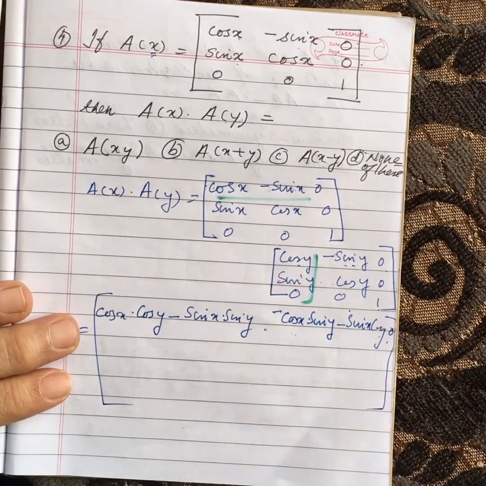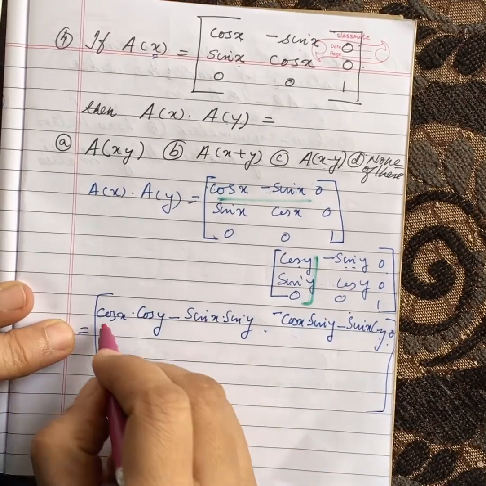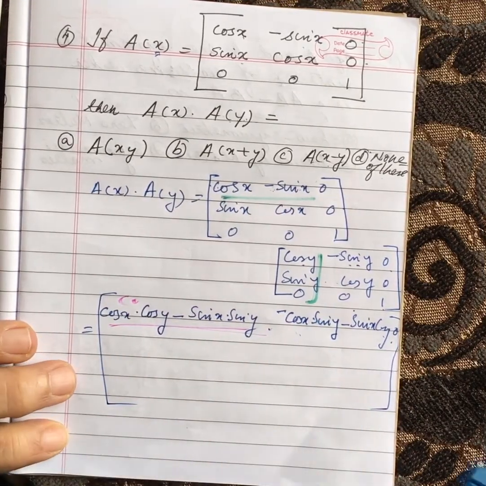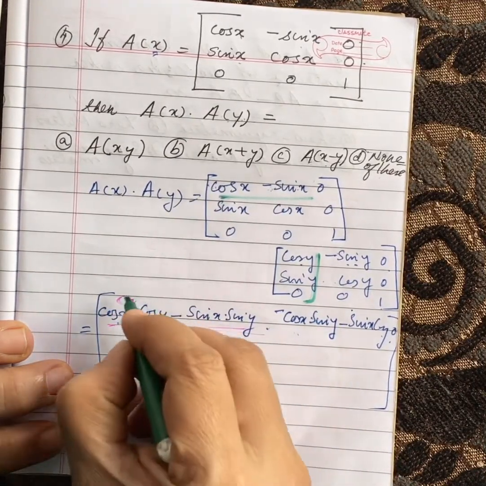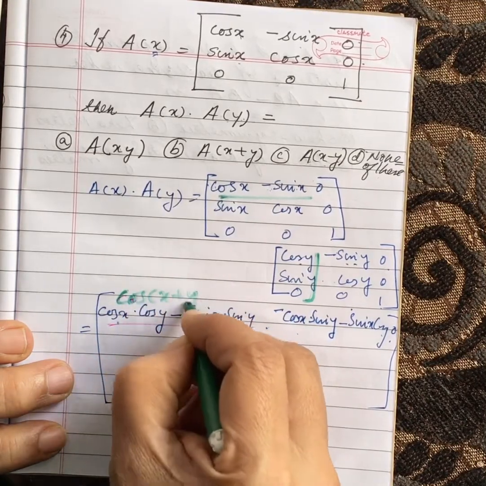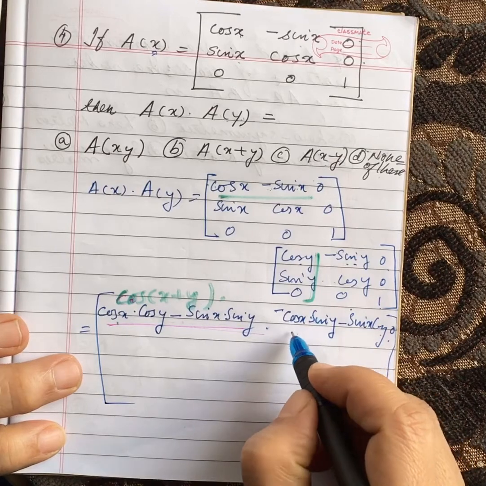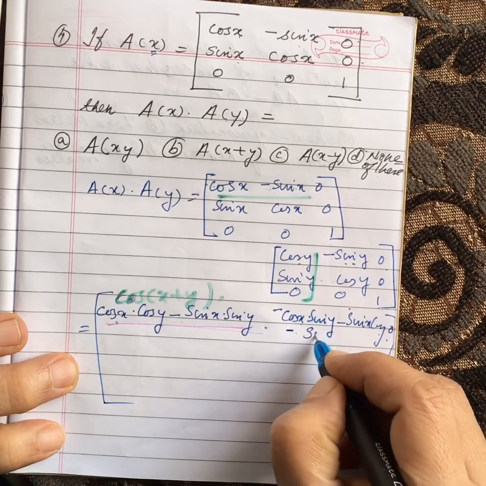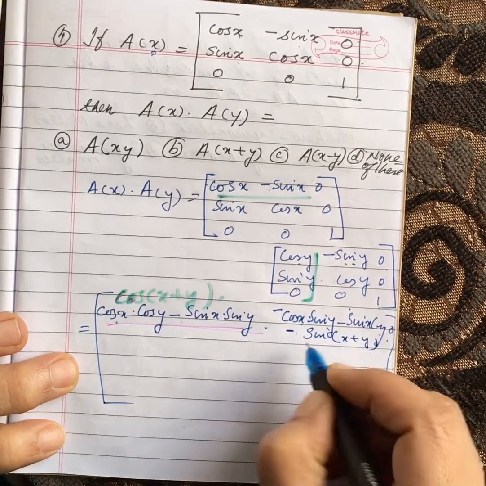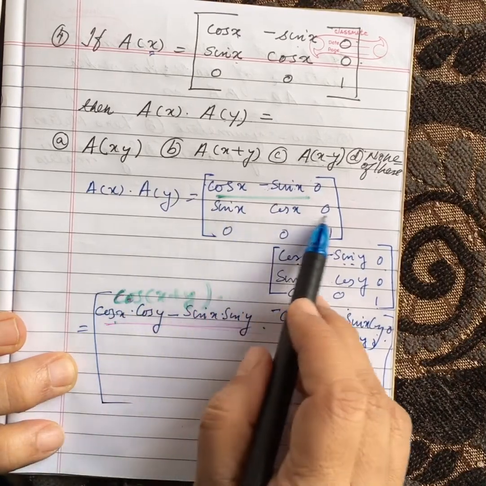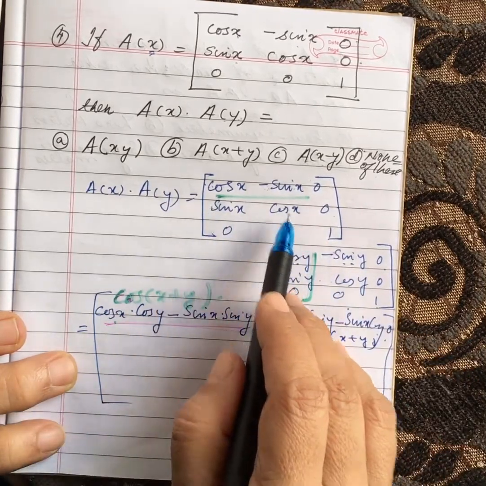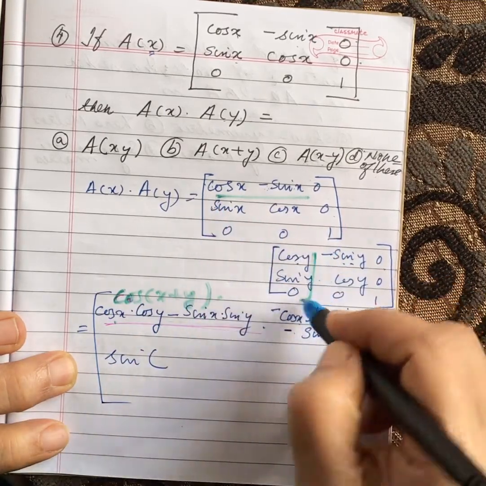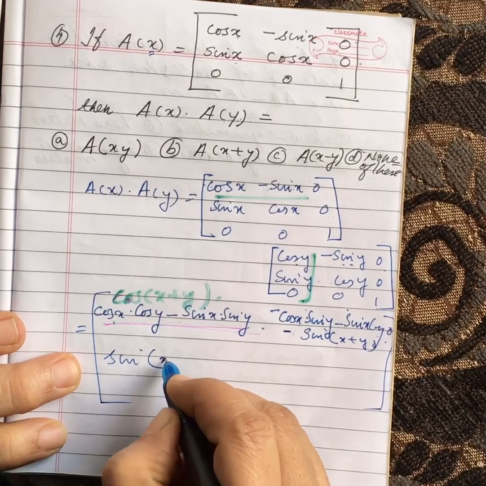And if you particularly look into this, you can see this is equal to cos A cos B minus sin A sin B. So it becomes cos of x plus y. And here when you take one minus outside, you will get cos x sin y plus sin x cos y. So it becomes minus sin of x plus y. And similarly you can see this one and this one. You will get sin x cos y plus this. So here also, when you apply this second row with first column, you will get this as sin of x plus y.